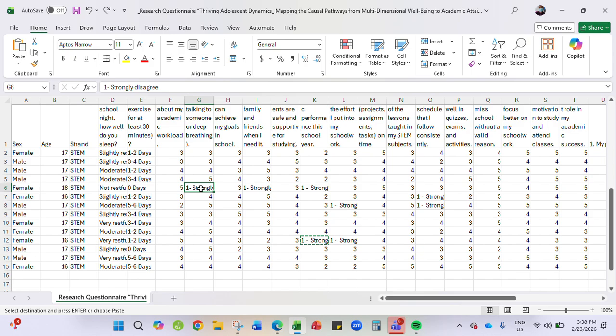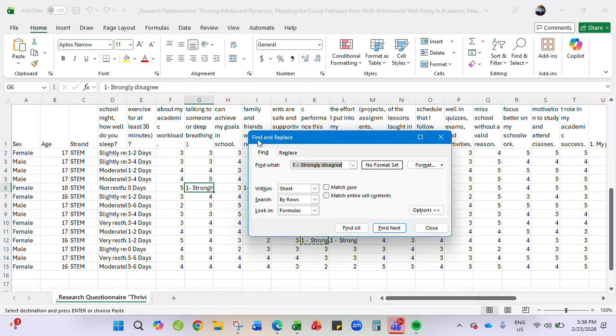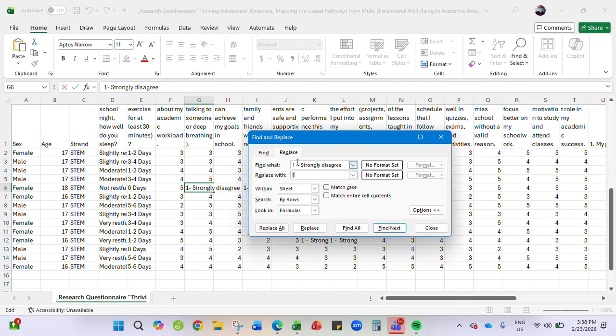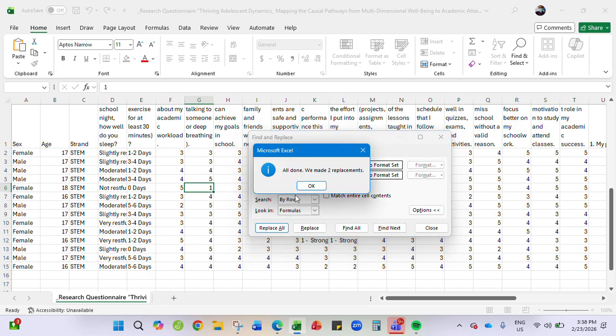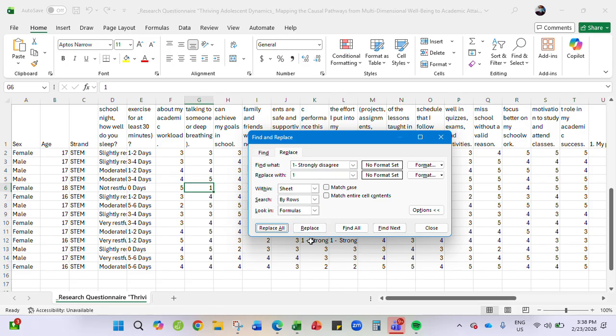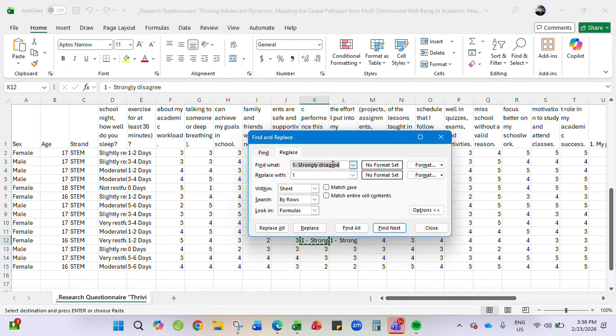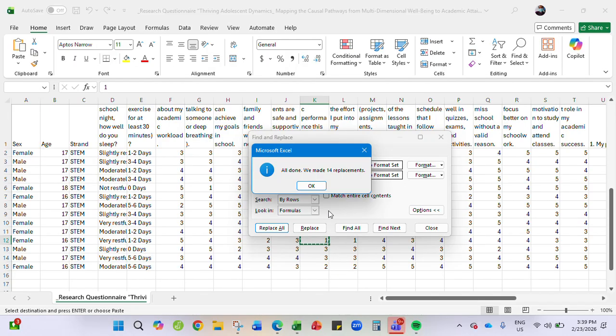Okay, let me go back to that. Control F. Let me have this one. Okay, there are 2 replacements for that, and then this one as well. Okay, I think we're good.